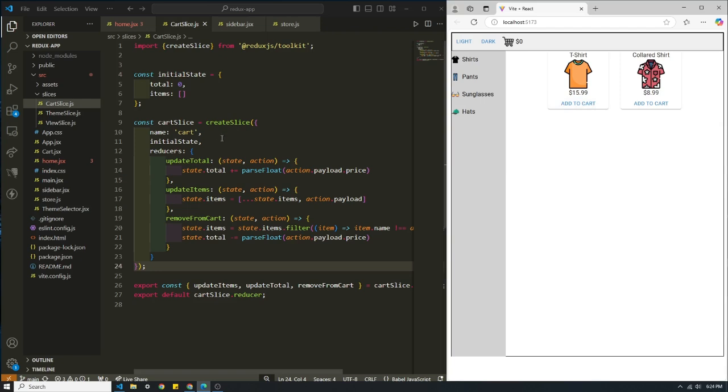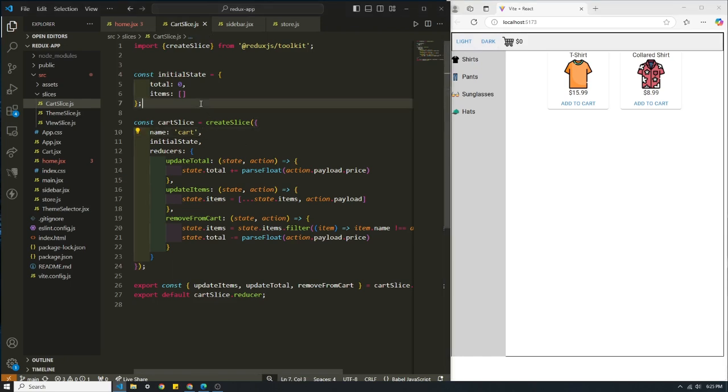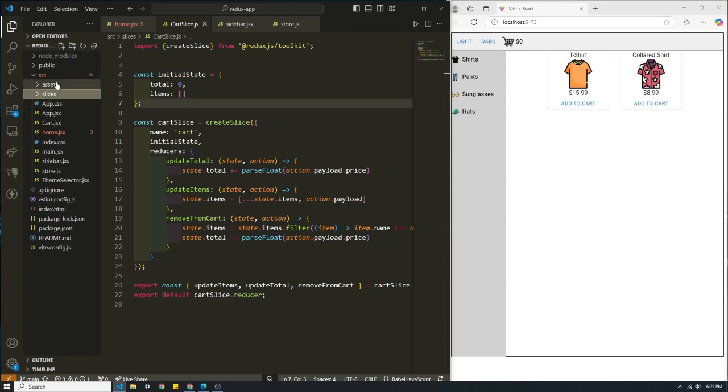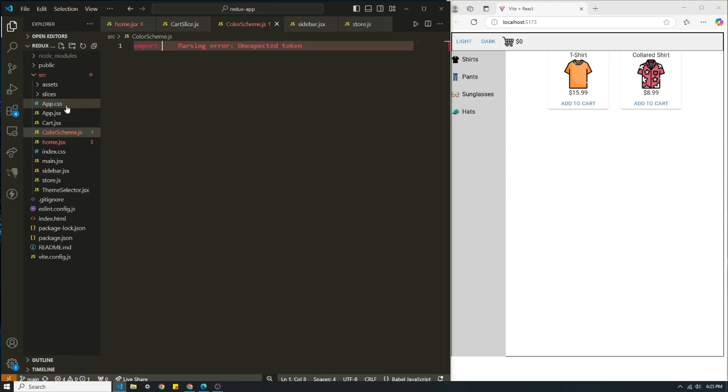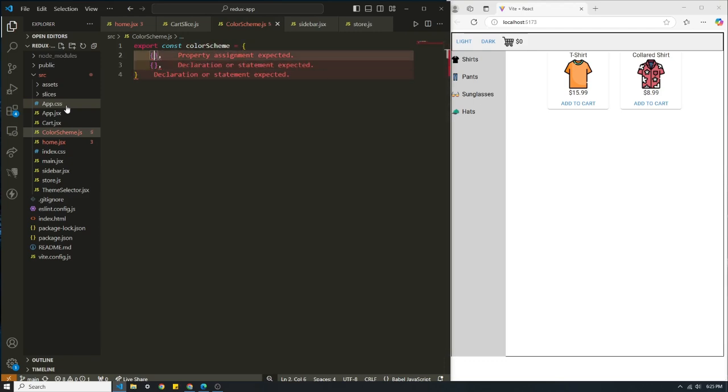So the last thing we need to do, let me just check my time here. So the last thing we need to do is update our theme selector, because right now all it's doing is changing the theme string from light to dark. So we need another component here called colorScheme. And inside our color scheme, we can import the color scheme into our different components, and it's going to have two objects corresponding to,